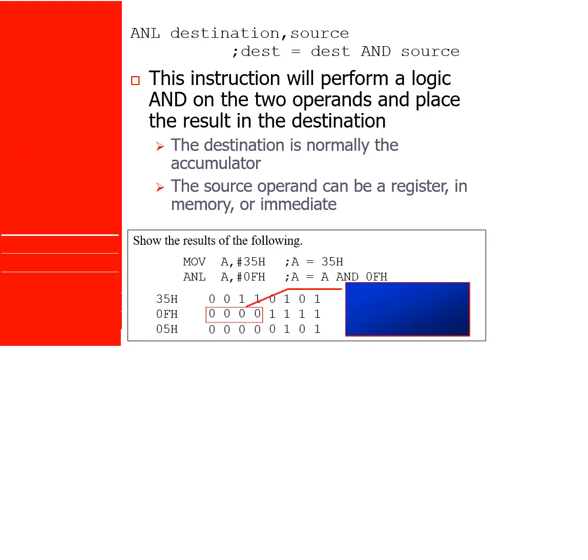Now the AND instruction, OR instruction, XOR instruction, etc. are there. I'm not showing everything, I'm just showing how to do the AND operation. So this is 35, this is 0F. AND operation means 1 and 1 gives 1, 0 and 1 gives 0, 1 and 1 gives 1. Like that you are writing. Similarly, you can write the OR operation. So MOV A, #35, ANL A, #0F means A register will be the AND of 35 and 0F. So you will get 05.